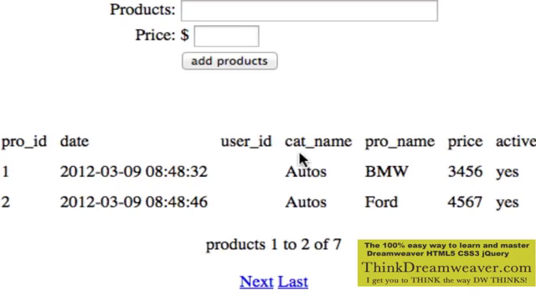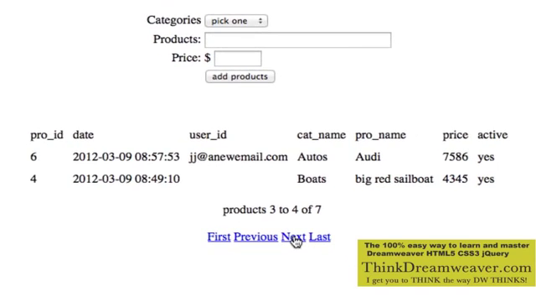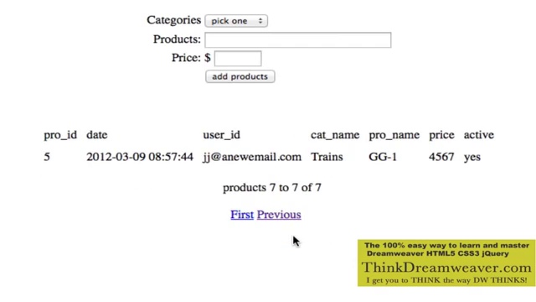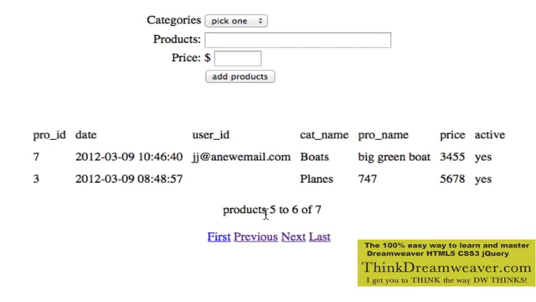I have 7 products, 2 per page. Therefore, it created how many pages for me? It created 4 pages. So if I hit next, here's the second page. Here's the third page. Here's the 4th page. Okay, so if I go back to previous, okay, here's the page, here's the record we